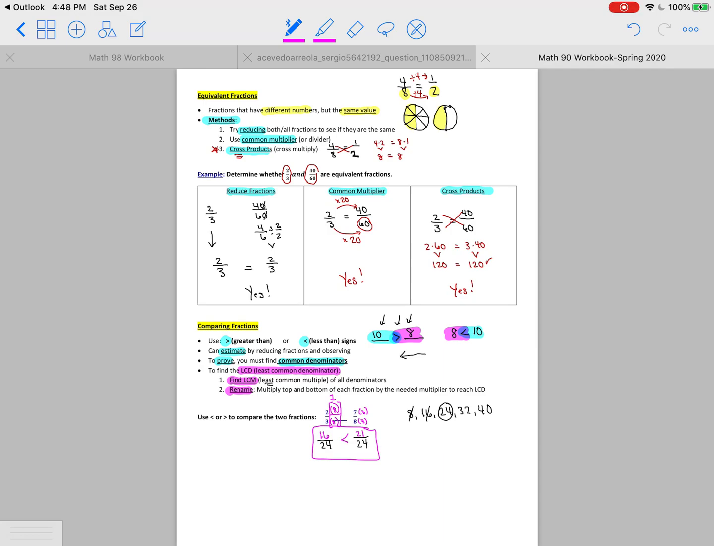Okay, guys, so you're going to have quite a few problems on your worksheet like this. Just refer back to this if needed. And we will be